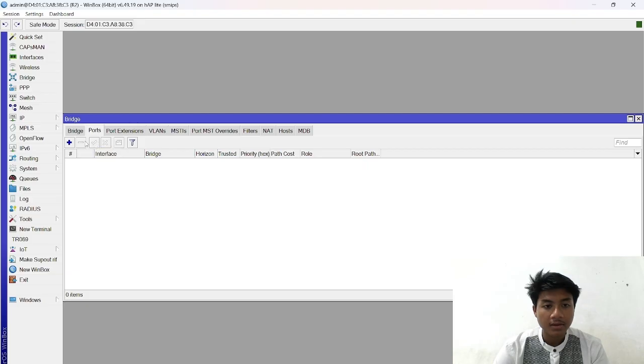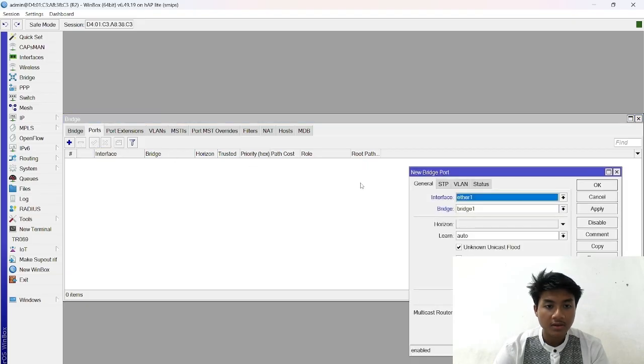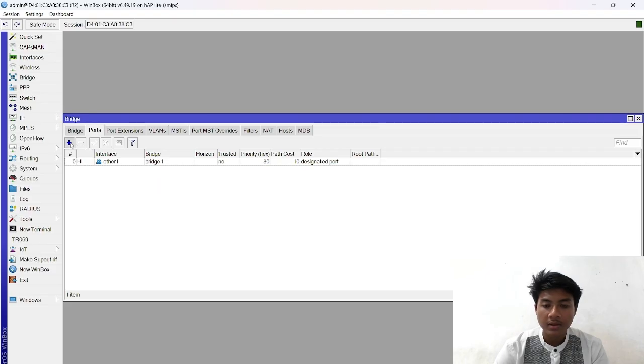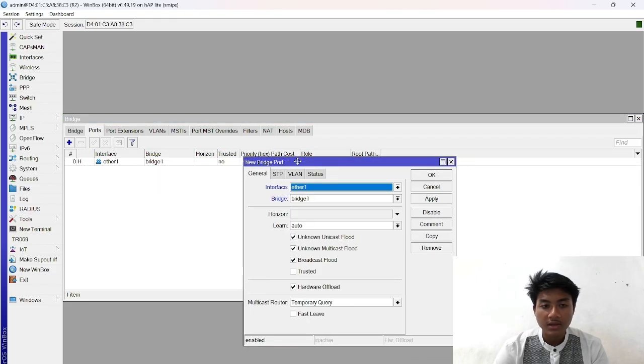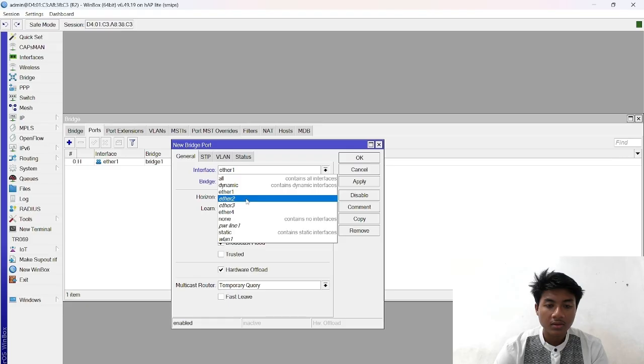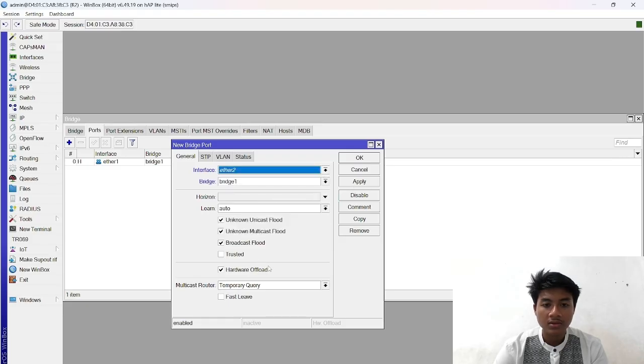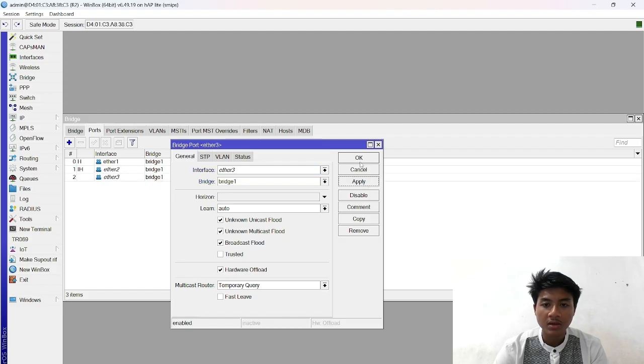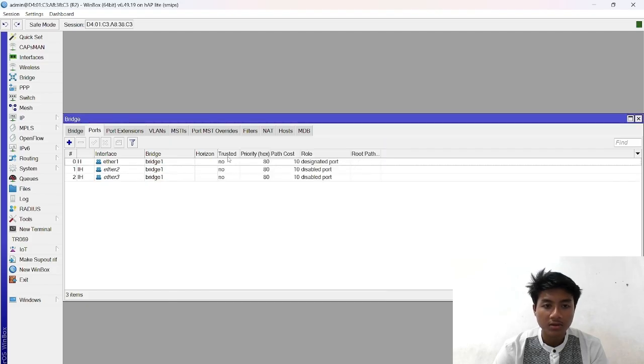And then I add the interfaces that I want to bridge. In this case, Ether 1, Ether 2, and Ether 3. And you have to check hardware offload because it works to replace the function of master port. When it is enabled, the traffic can be processed directly by the hardware or chipset inside the router board, like this.